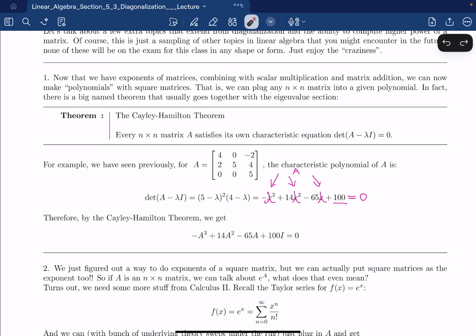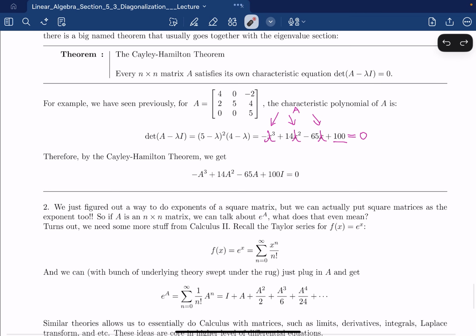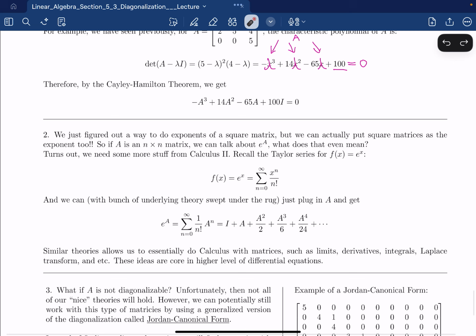In a class like, say, 347. So stay tuned for that. The next thing here is we can then talk about, we discussed this already, but because now we can talk about powers in a relatively easy way with diagonalization,